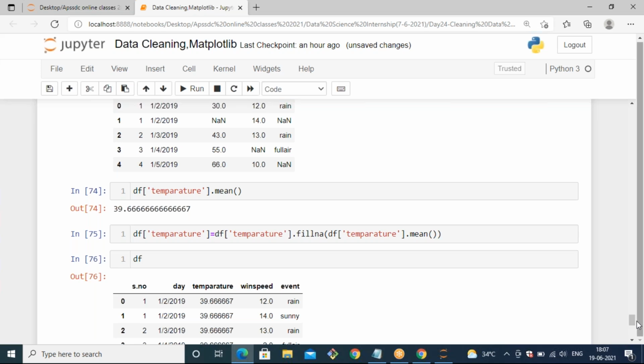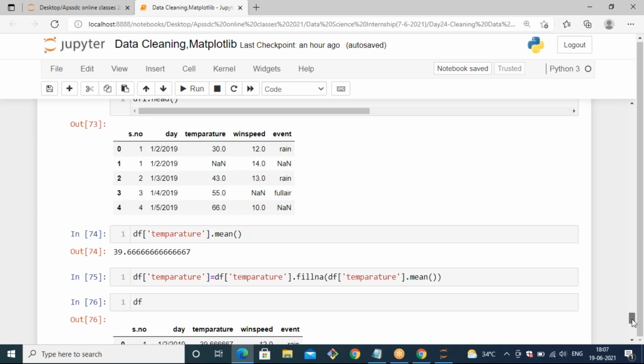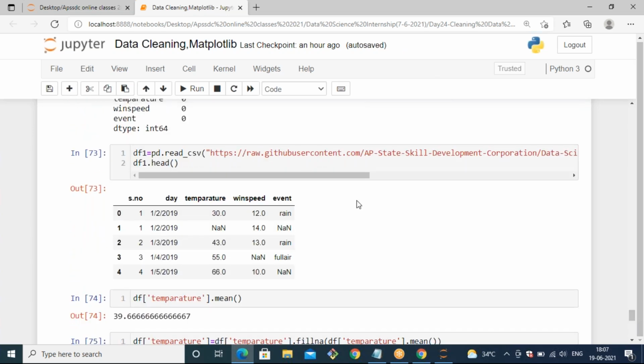We want to change only the NaN values. What is the mistake here?